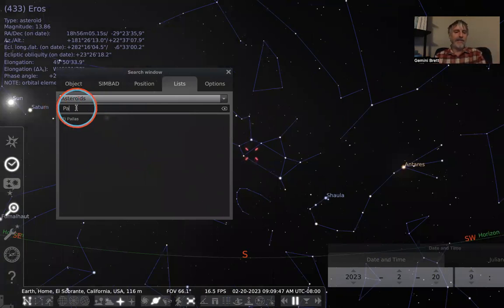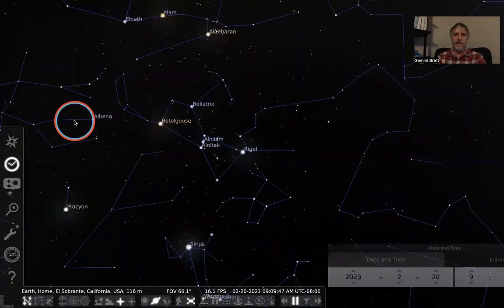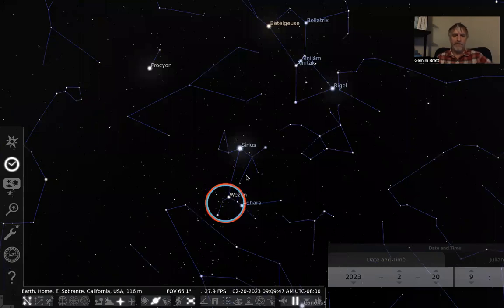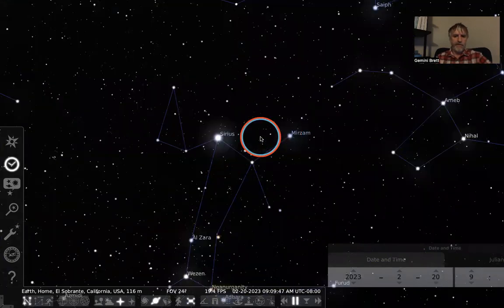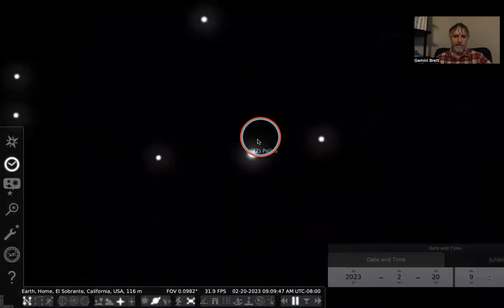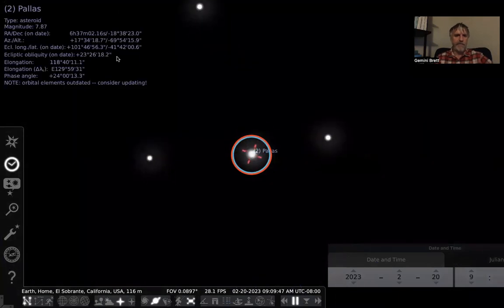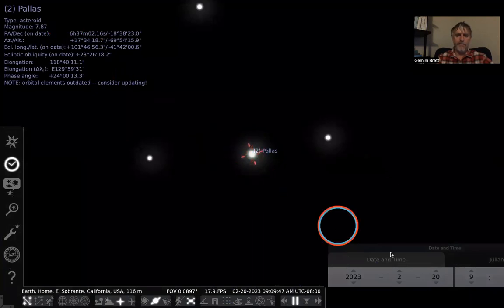That only happens for me on this laptop and not on my desktop. I don't know if you've had that experience yet, but I just have to make sure I'm clicked into the place with the blinking cursor there. And now I can type Pallas. You see it appeared on the screen, so I'll just double click there. And here's Pallas. Let's zoom in on Pallas. I'll click Pallas here, and we see Pallas at this time, February 20th, 2023, with an